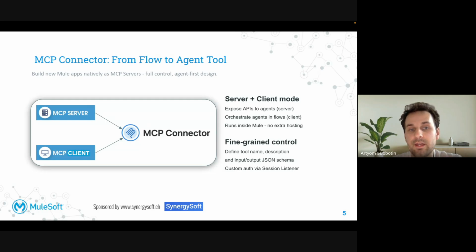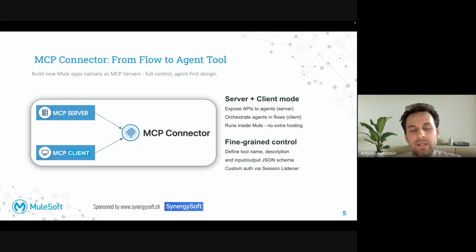But in the outcome, they have the same result: AI agents can discover, understand, and invoke your business capabilities through MCP. That's the main goal. The difference is how you get there, how fast, how much control you need, and how much control you need to allow for your agent.